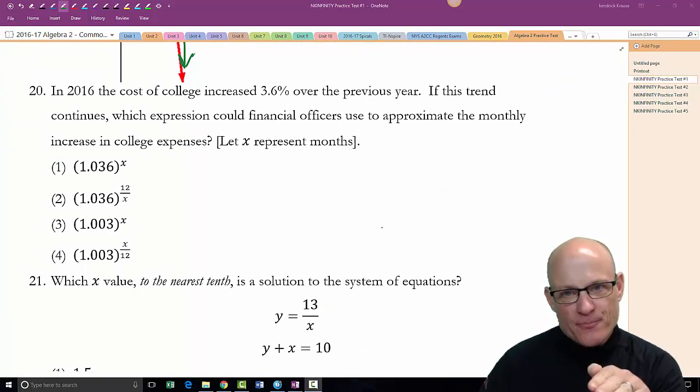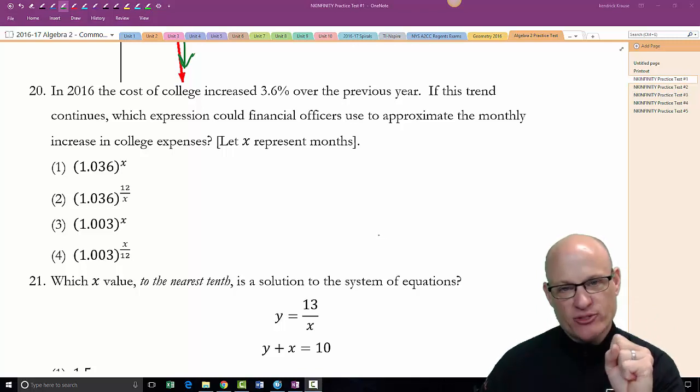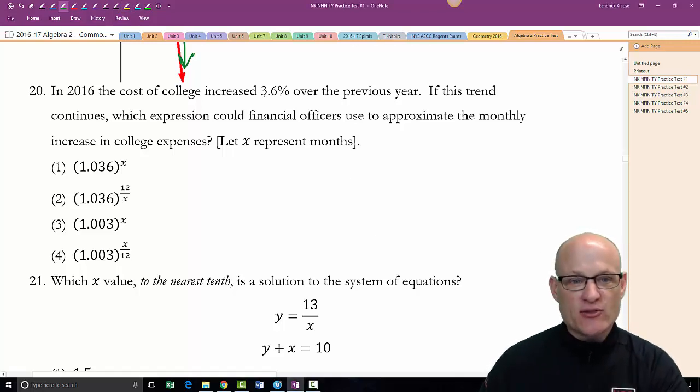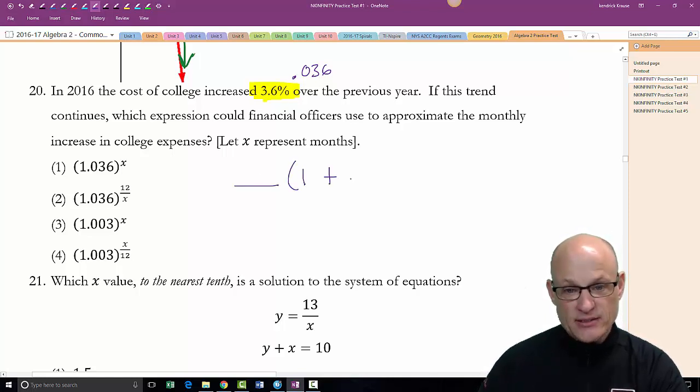So if you missed this one, it's because you didn't pay attention to detail. Everything about Algebra 2 exams is about reading and understanding what's going on in the problem. Yes, there is a 3.6% growth rate. Yes, that is 0.036 growth. So anytime we have growth, we've got some starting value, 1 plus the rate,